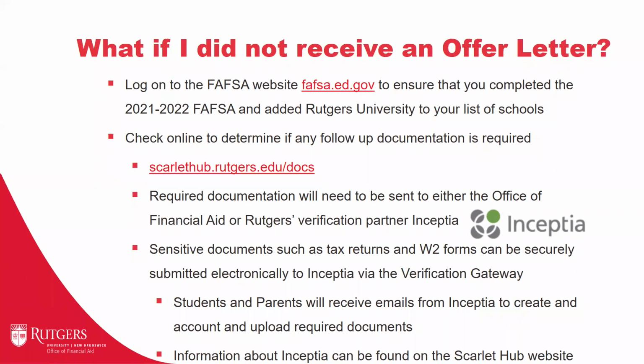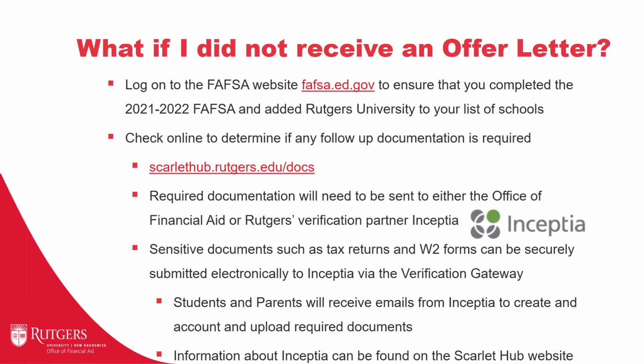If a student is selected for a process called verification, that student will receive an email. Both student and parent will receive an email from Inceptia, letting them know that they will need to create an account, and it will also give them instructions on how to upload the required documents.